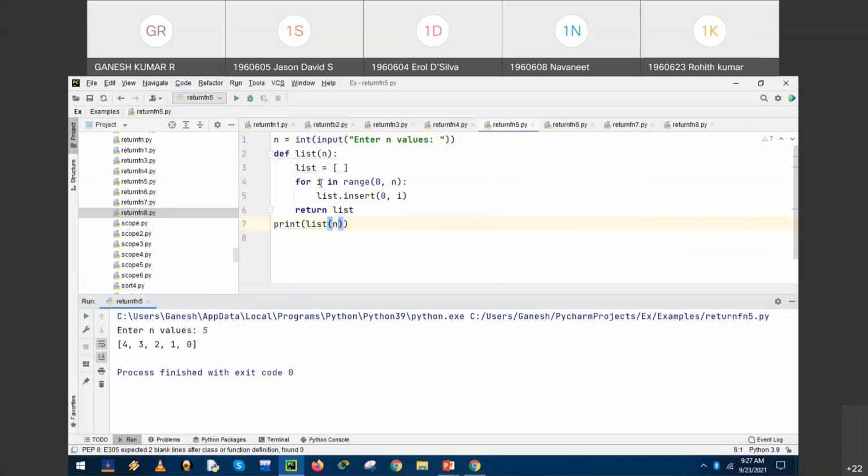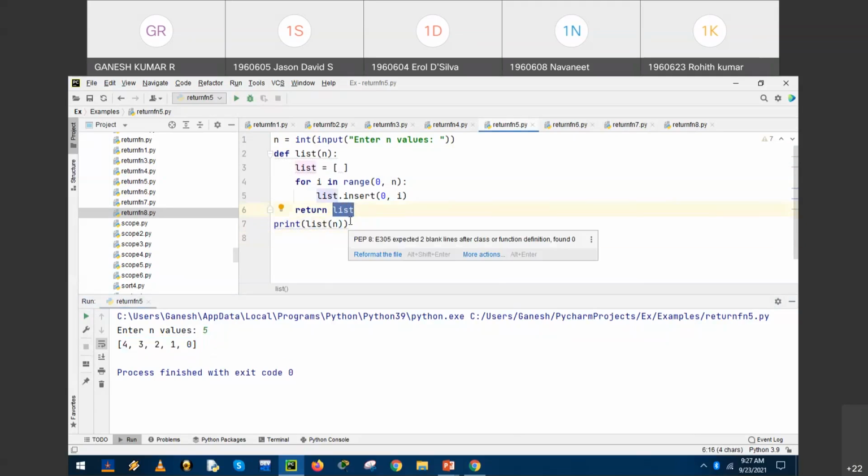For i in range 0 comma n, it is starting from 0, 1, 2, 3 and 4. So the size of n is 5, hence we have the list starting from 0 up to 4. A total of 5 inputs are displayed by using the return expression with a keyword, with a function. Okay, return expression list.